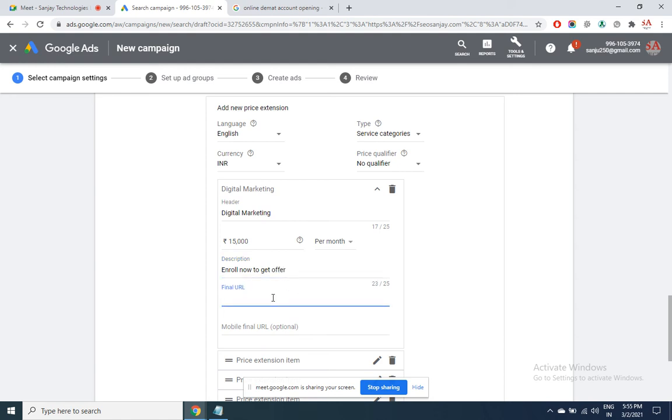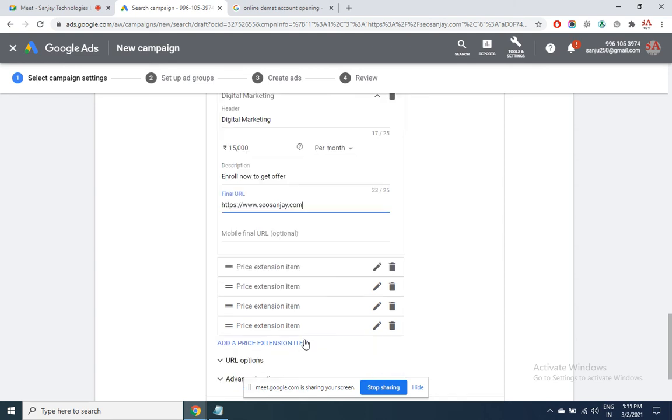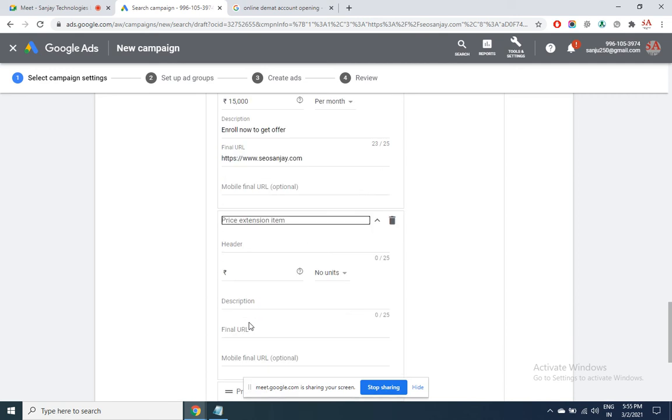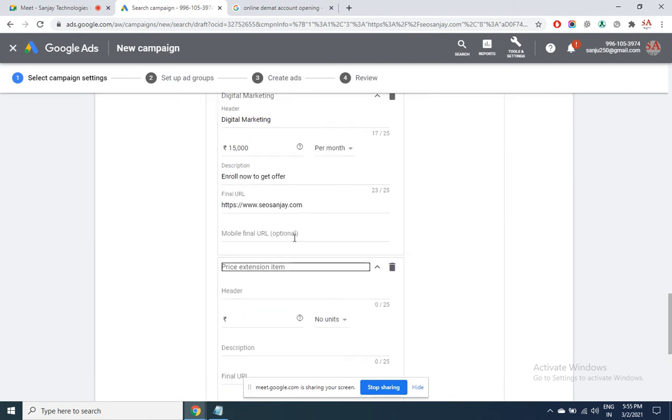Whatever is the offer, where you are explaining about it, that URL. For mobile, if you have a different URL, you can give it here, otherwise by default this will be taken. One more you can add. There are so many different promotional extensions, price extension is what you can add.